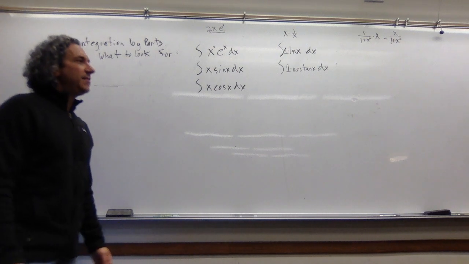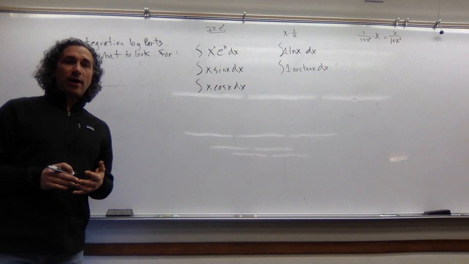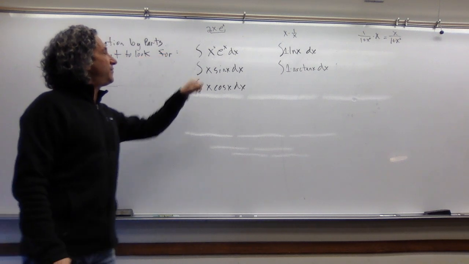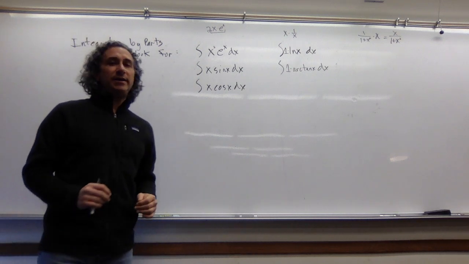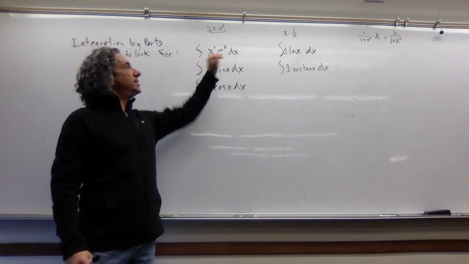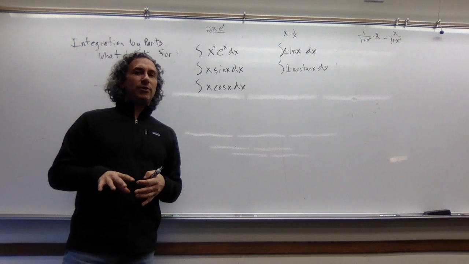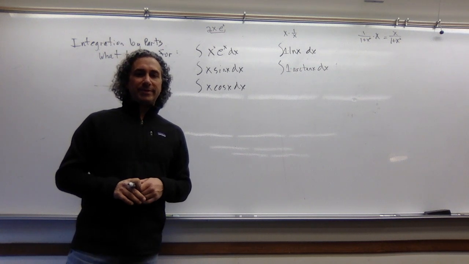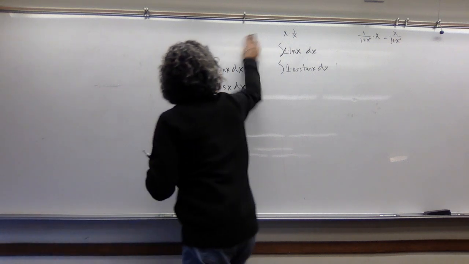So let me also say that, and this is a little bit subtle, and you'll start seeing it when you start doing some problems, I said integration by parts is going to be good if the derivative of one times the antiderivative of the other is easier than the original function. Another thing to look for, which is a little bit more subtle, is that the derivative of one times the antiderivative of the other is no more difficult than the original integral. So let me just throw that out there, and when you do some homework problems, you'll probably see what I'm talking about. All right, so how the heck does this thing work? We know what to look for, but we don't actually know how to solve it.